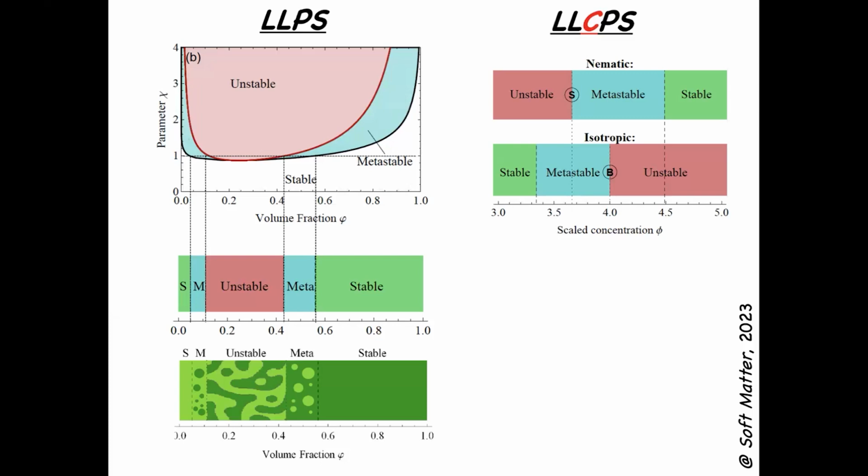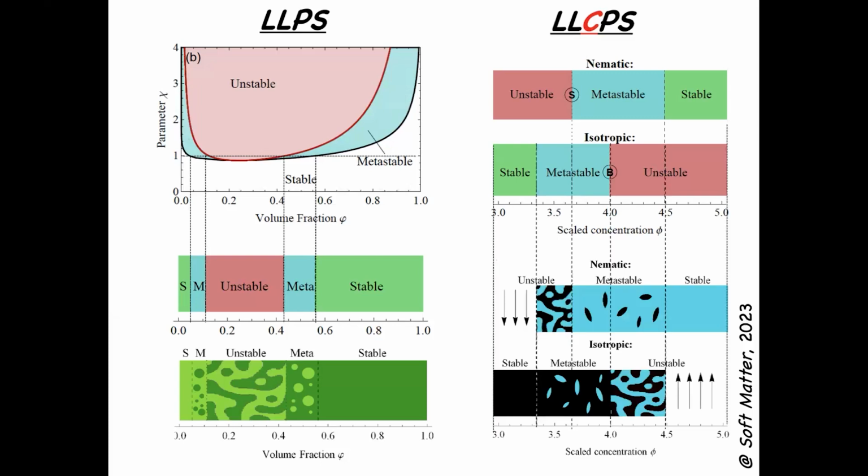So at 3.5, you could very well be forming droplets, which are concentrated in protein, evolving in a continuous matrix which is isotropic. But this is if you start from the isotropic phase. For the other way around, if you go beyond 4, the isotropic becomes unstable and the nematic is stable, then you have spinodal decomposition if you start in the isotropic phase, and you have nucleation and growth of isotropic droplets within the nematic phase if you start from the nematic.